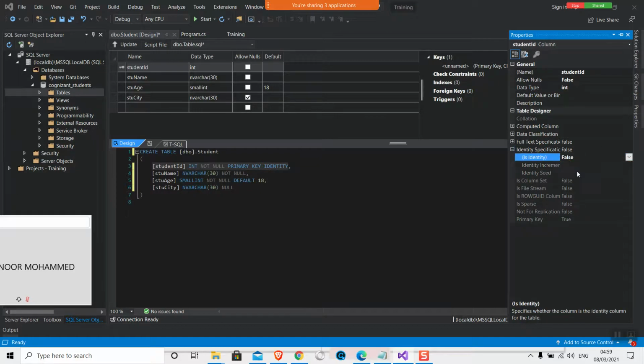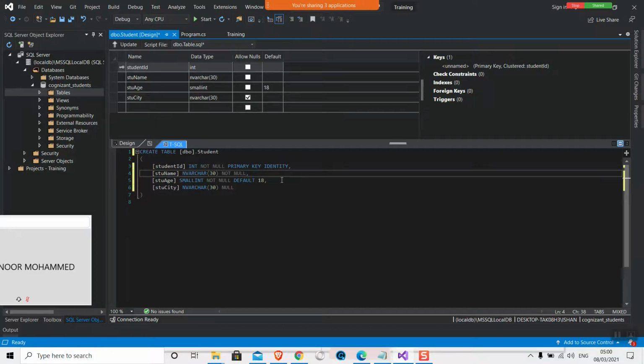If I make it false, see in the design part, identity is gone. If I make it true, identity will be written again. The seed is always 1. If you want to jump by more than a number, like 2 or 3, then you can set the seed or increment. I'll just use the default things.